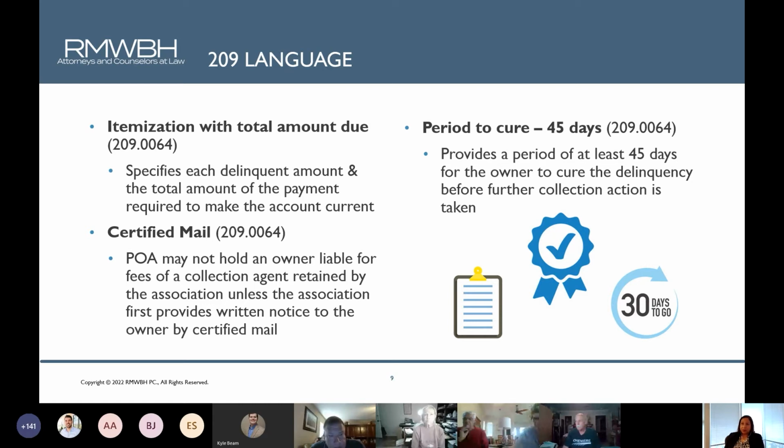We do have some homeowners that are savvy enough to read that Texas property code and know whether or not the notice complies. It's out there in the world. There are lots of attorneys that more and more are starting to challenge that process, and so again, I encourage you to work with your managing agent or whoever it is that's sending out your collection letters, if it's individual board members, or if you're self-managed, your on-site person, to make sure that that 209 letter complies with the law.